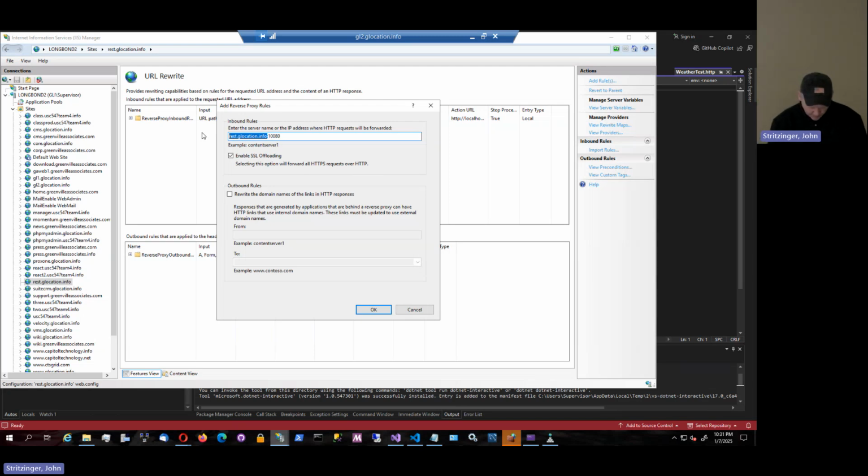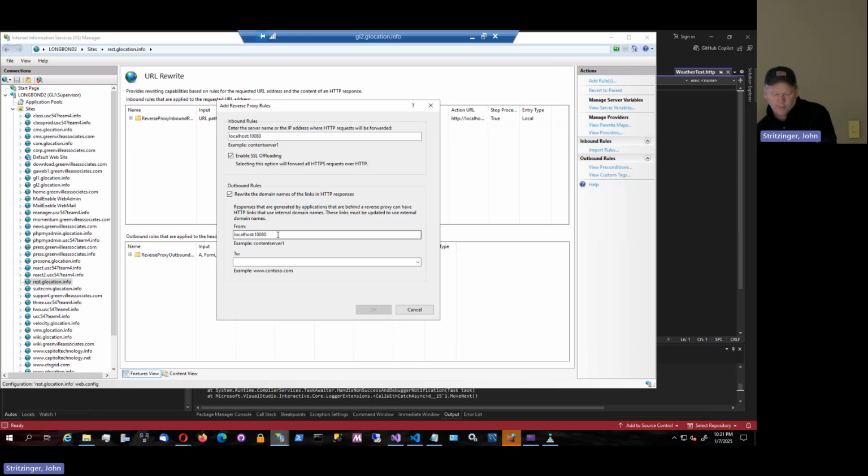In my case, that's what I've done tonight. I'm mapping to localhost and to port 10,080. And then I have to create a rule coming back that translates from localhost 10,080, and it's going to go back out to